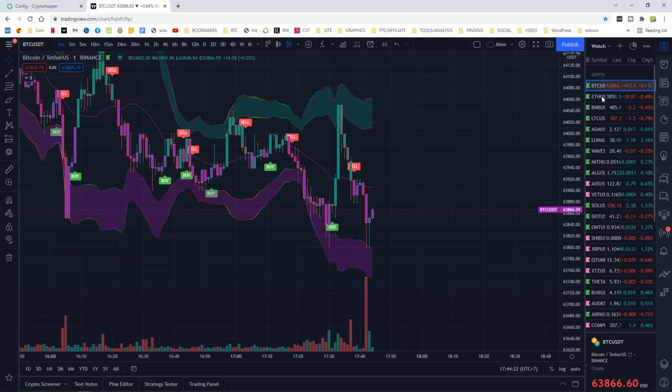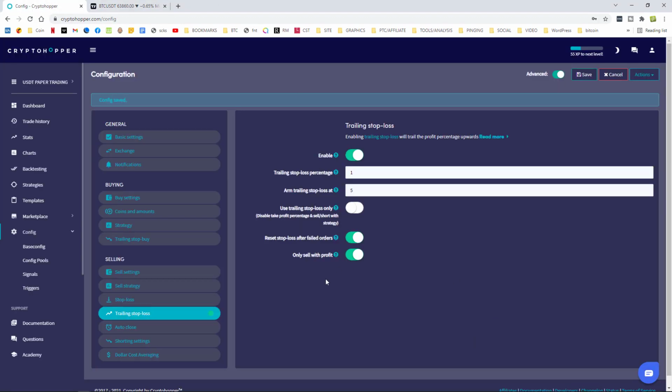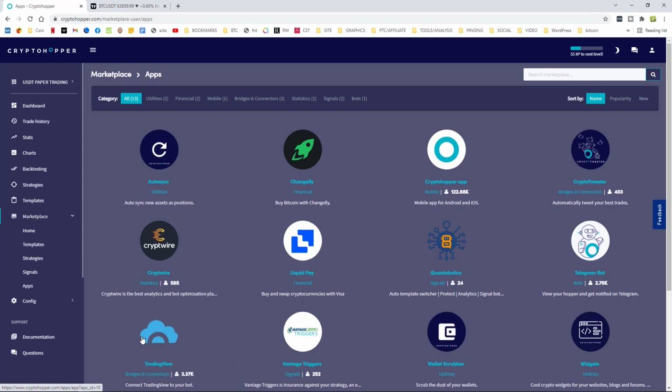Now we're on BTC, so we want to set up a signal that comes. It's probably going to give a signal now because I'm waffling on. We're not going to get it done in time. Alright, back to your Cryptohopper, click on Marketplace, click on Apps, now we're going to choose Tradingview,